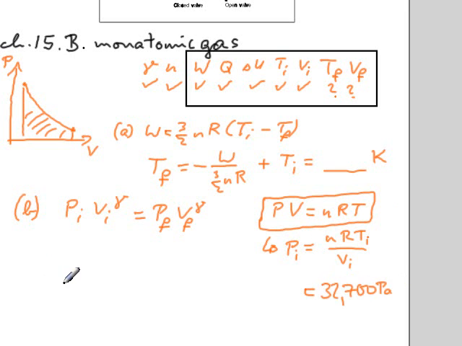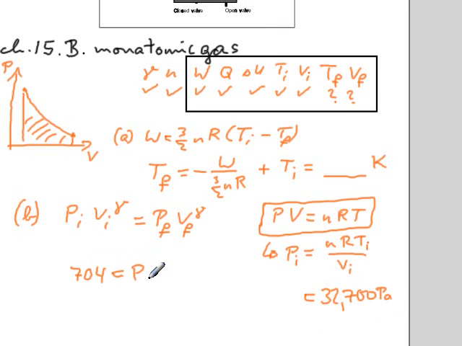Okay, and that means now I know what the left-hand side is going to be. The left-hand side, therefore, is going to come out to 32,700 pascals times, and I'm going to use here what my calculator says, 32,658.3, so I'm just going to use that one, times the initial volume of 0.1 cubic meters, and that needs to be to the 5/3 power. That's the adiabatic index, and I come up on the left-hand side with 703.60, 704 rounded, equals PF times